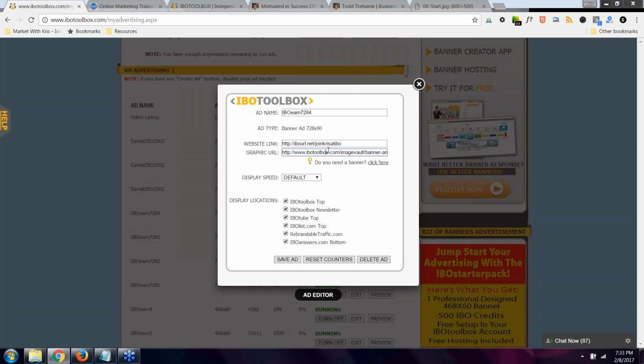And so your graphic URL, so that you know what it looks like, is going to end in a .jpg for a static banner, a .gif for an animated banner, or a .png also is a static banner. Okay, so we're set there, and then display speed, again, I'm going to leave it on default. And I need to tell IBOtoolbox where I want that banner to run. So if I just wanted it to run on IBOtoolbox top, I would just check that, but I've got it on all of these. Then just click Save